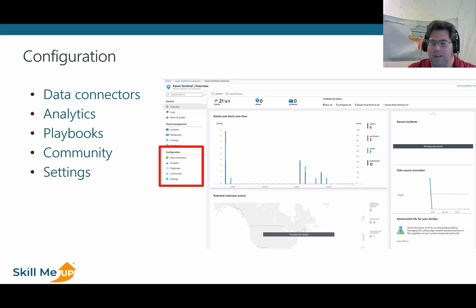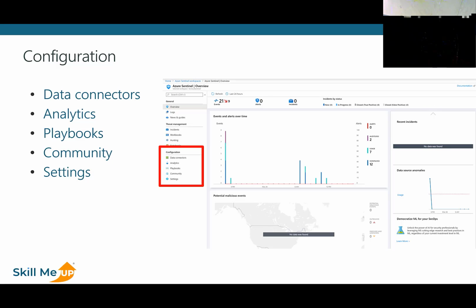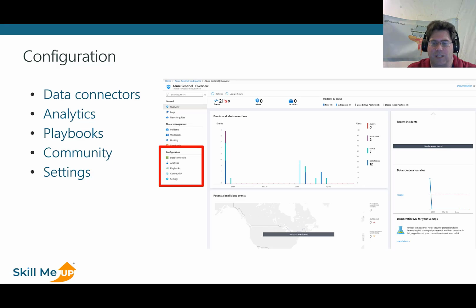rule-based queries. For a query or a Microsoft incident, you can create different rules around that. The Playbook section allows you to bring in logic app workflows or create new ones, very similar to the workflow automation within Azure Security Center. A community link takes you right to the Azure Sentinel GitHub community for more templates